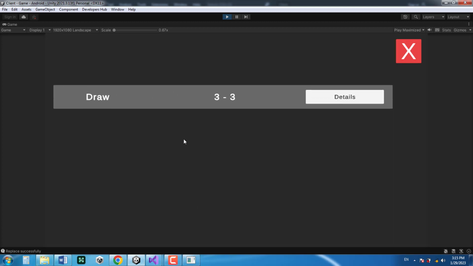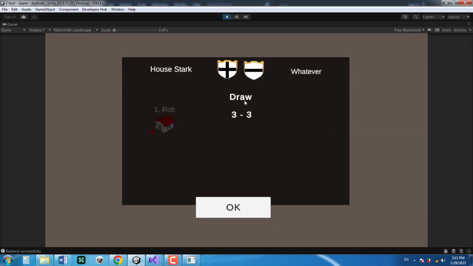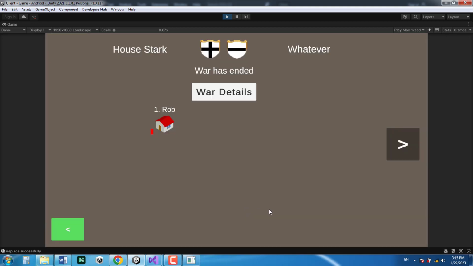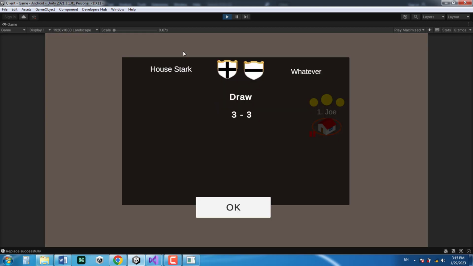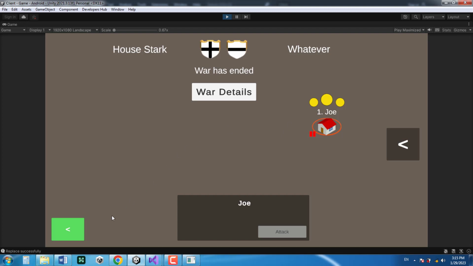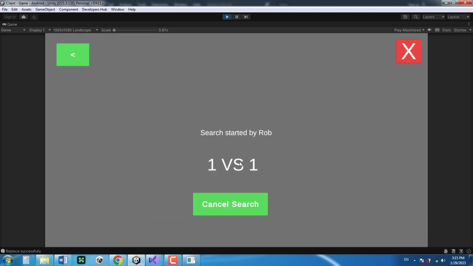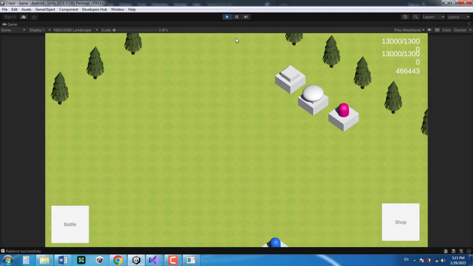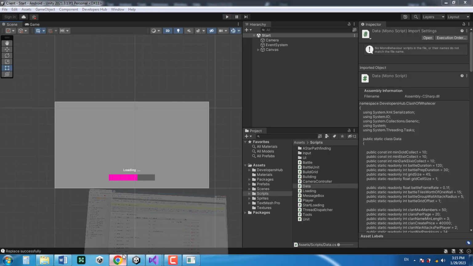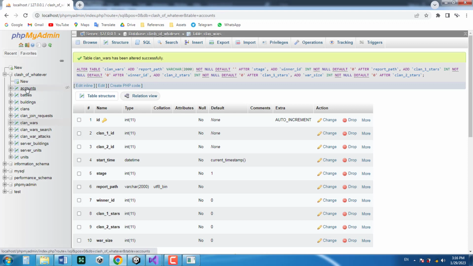This is the previous war. I'm going to go to the details, and as you can see, it was a draw between these two clans. Let's click OK. Well, this is the war map of the previous war actually, and we can open the war details like that, and we can just finally go back, and this is the new war that is searching right now. So let's stop the client and go to the server in the database and the accounts actually, and I am going to copy the device ID